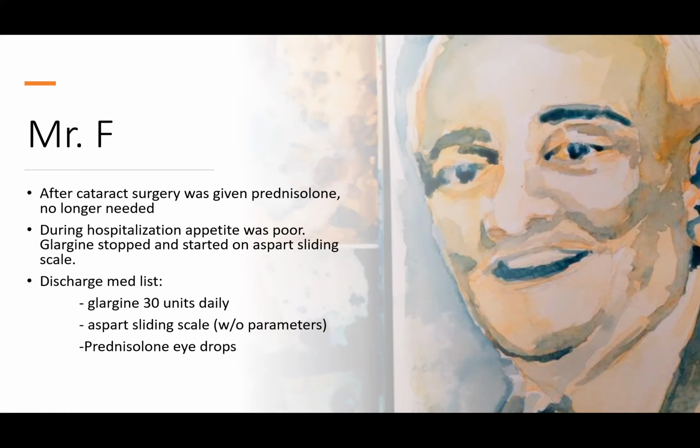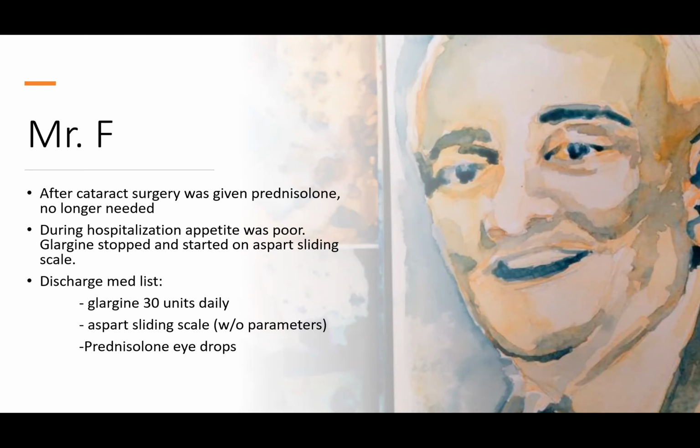And so, in this fictitious patient, and this is like a mix and match from different patients that I've had in the past, when his transition was made, because we had to figure out the sliding scale, how much to do for it for meals, we actually went back and looked and saw that he hadn't received anything, and he ended up not getting 30 units of insulin. But probably if he did, it wouldn't have been great for him. His fasting blood sugars were around like 110. So yeah, so these are examples of